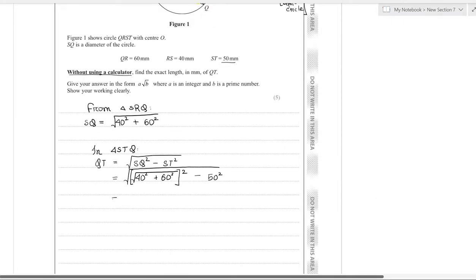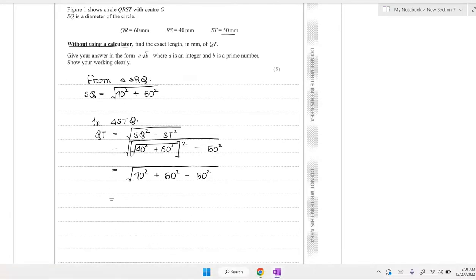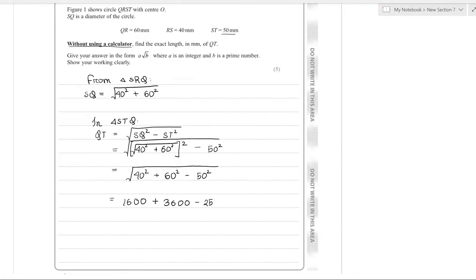Now you are going to first solve the 40 squared and 60 squared sum. You have a root and another square, so they cancel each other out, and you are left with the square root of 40 squared plus 60 squared minus 50 squared. Now if you calculate 40 squared, you have 1600 plus 3600 minus 2500, and the entire thing would be under the root. If you calculate it, you get a value of